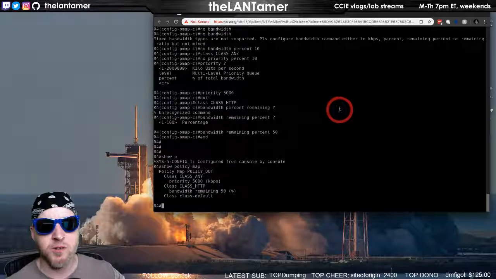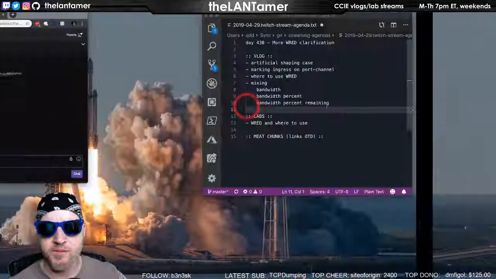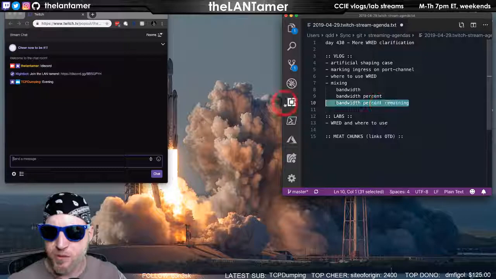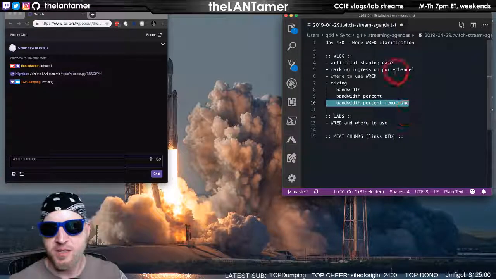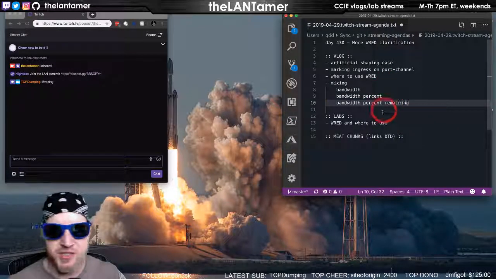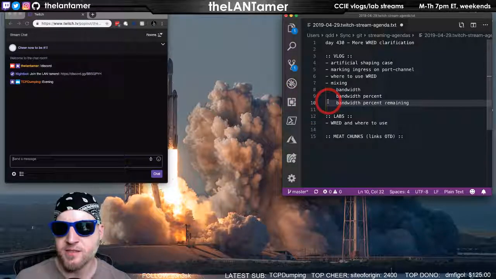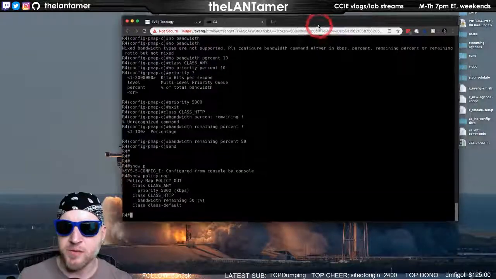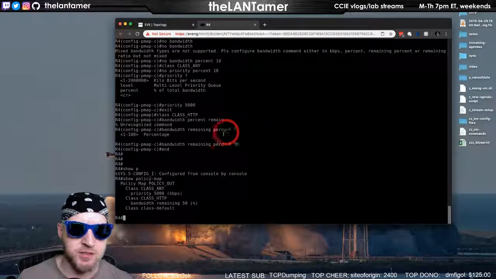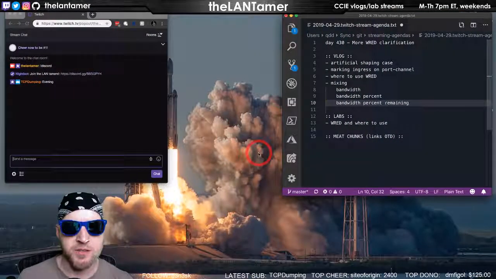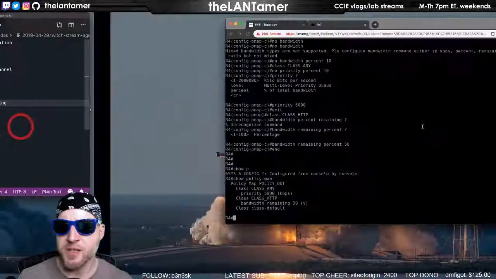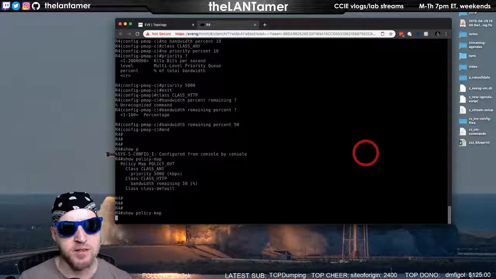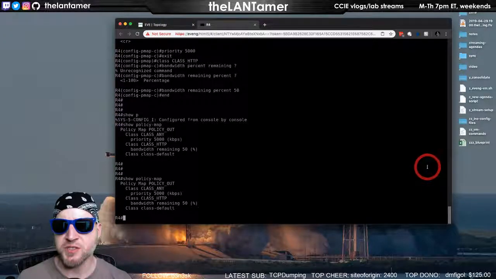And I also came across some confusion on my part, and that is this bandwidth percent remaining. It's funny, I've tried to use this in a few cases and it says, no, you can't do that. So short of finding some authoritative information on that, I actually just learned by experimenting. So, for example, I've got a lab running now that I've been playing with. In fact, let me position this over here.